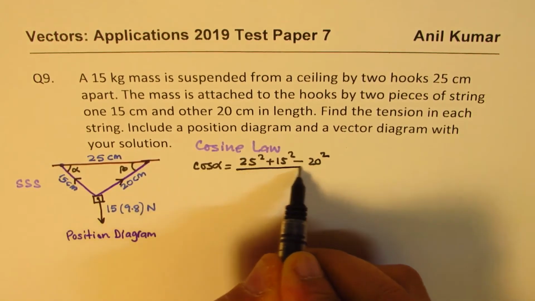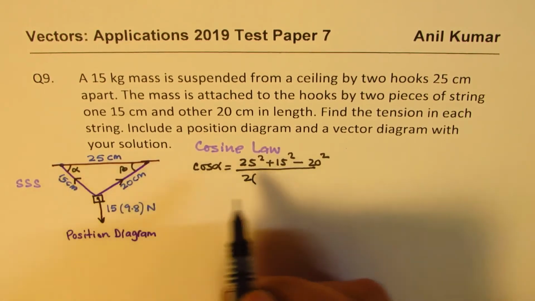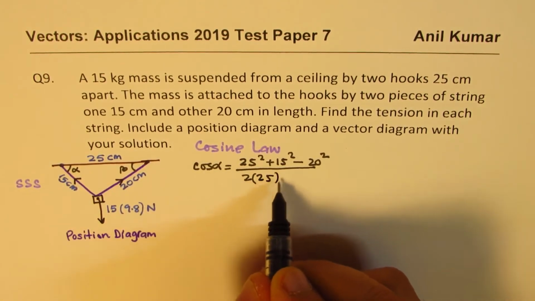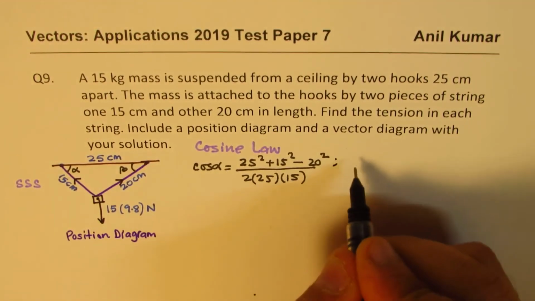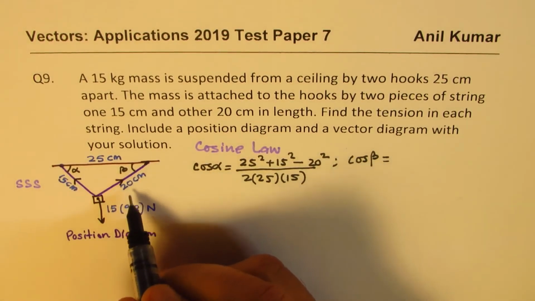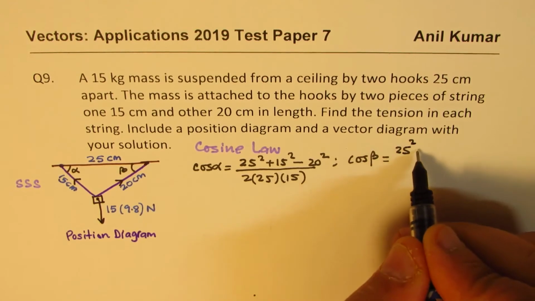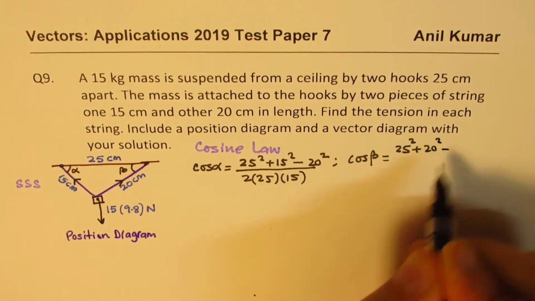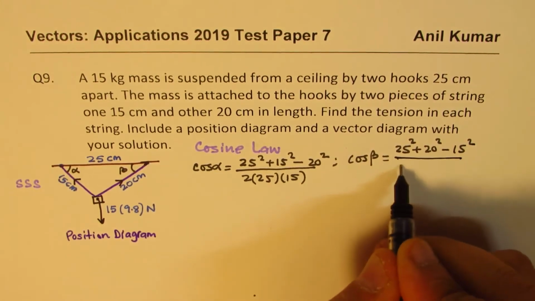That's a very easy way to remember, right? And you have to, of course, divide by these two sides, which is 25 times 15. You get cos alpha. Similarly, we'll calculate cos of beta, which is going to be this angle. So these two sides this time. So we'll do 25 square plus 20 square minus the far away side, which is 15 square, divided by 2